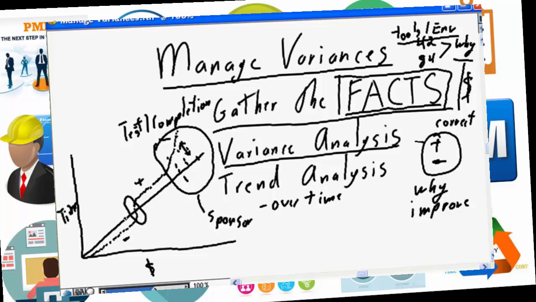So again, you need to do this over time. If you're doing your trend analysis over time, and in month 1 and month 2 and month 3 of your project, you're seeing that you're trending positively away from the baseline, i.e. you're delivering under baseline budget, you may want to alert the stakeholders that at this point in time the project is under budget, but